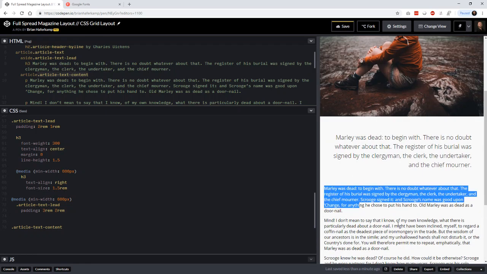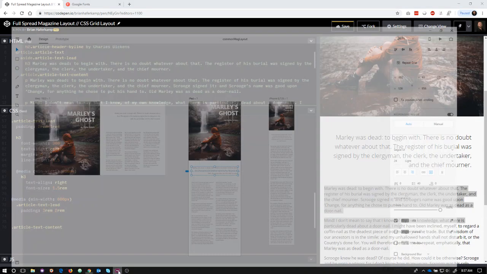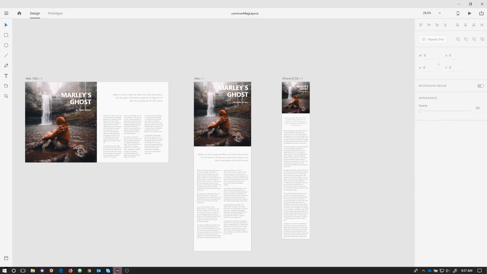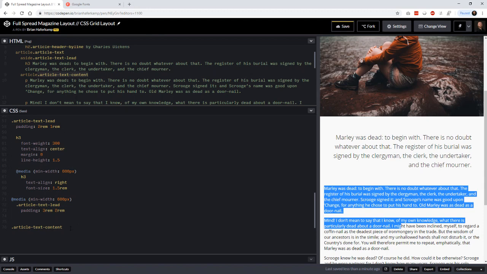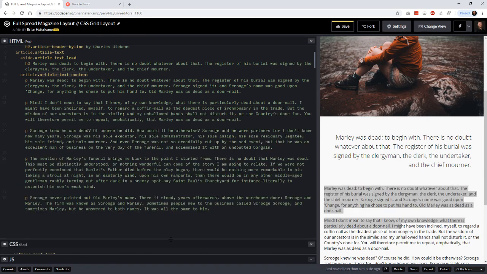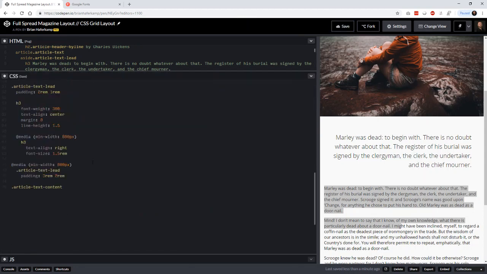And lastly, we need to work with our text. So you can see here that by the time we get to 768 pixels, we have 2 columns here. And the way that we're going to handle that is we're going to go down to our article text content, and we're going to make this whole div. We're going to give it CSS columns. I don't know if you've ever worked with CSS columns or not,